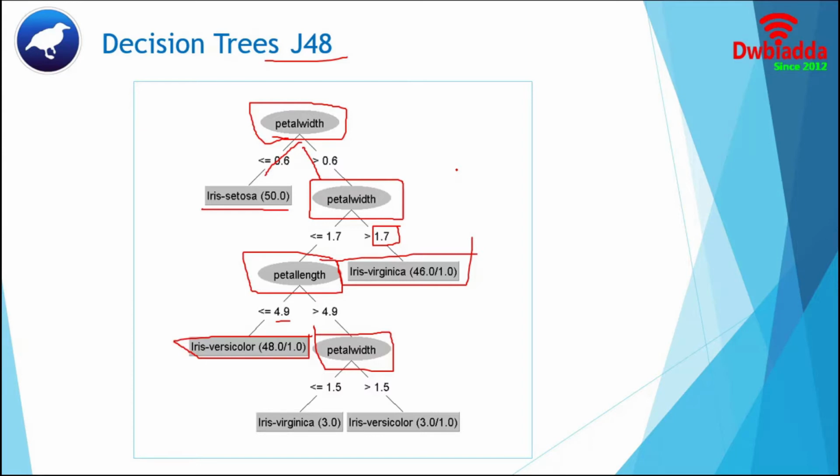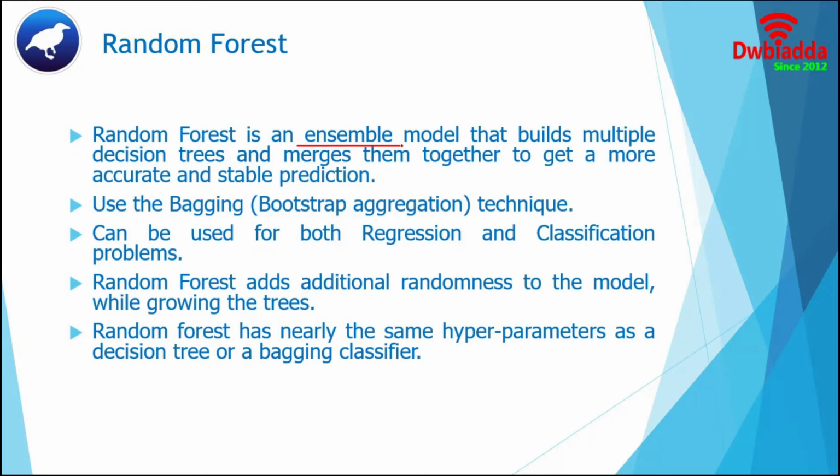Now move to random forest. Random forest is an ensemble model that builds multiple decision trees and merges them together to get a more accurate and stable prediction. It generally performs well for a large set of data. Random forest trains the model with the Bayesian method. The general idea of the Bayesian method is that a combination of learning models increases the overall result. One of the big advantages of random forest is that it can be used for both regression and classification problems, which form the majority of current machine learning systems.